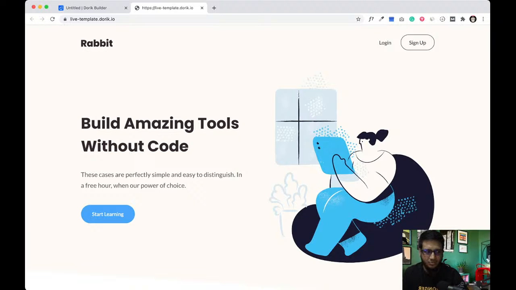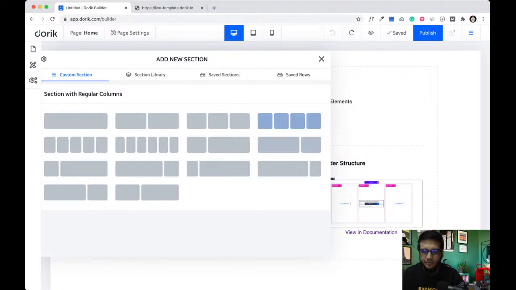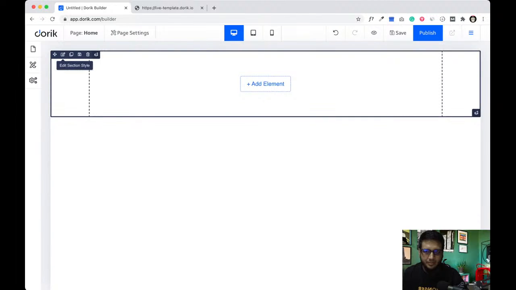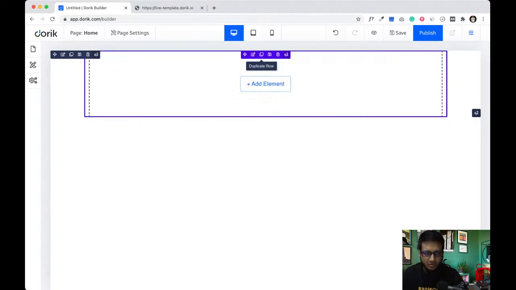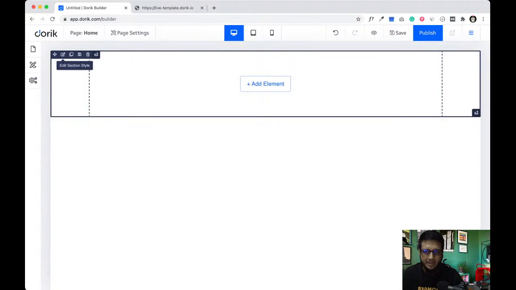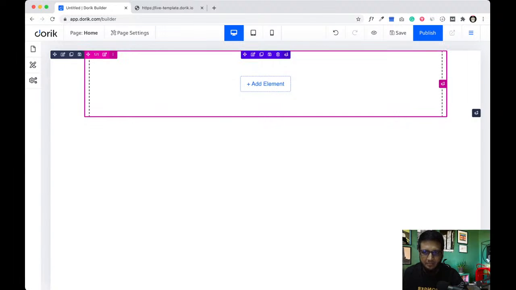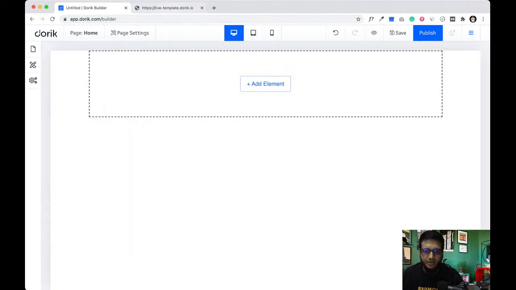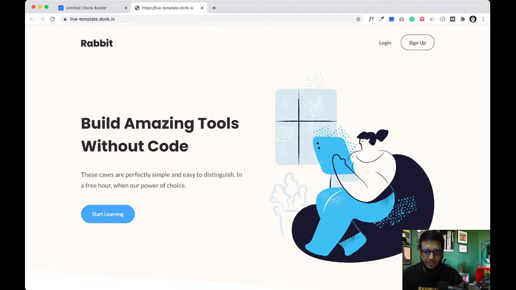I'm gonna start with one column. This is the section, this dark UI, then the purple one is the row or container, and the row is always inside the section, and inside the row we have the column. I have taken a 100% width column because our navigation bar will be the full width of the container.